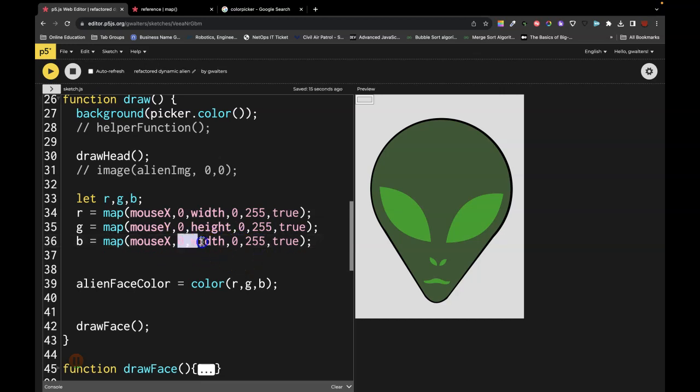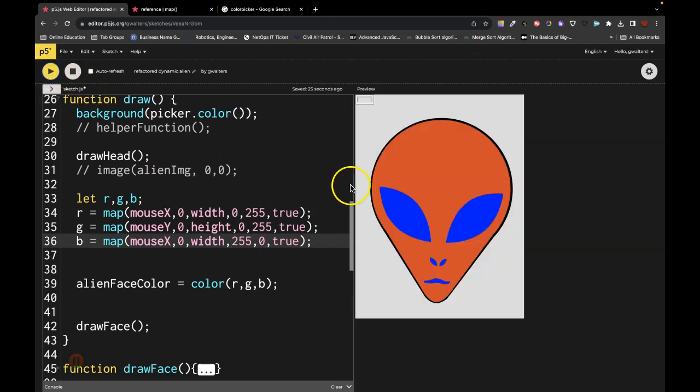Or I want to map from this, going from 0 to width to 0, and switch one of these, and then it will make it reversed. Okay, so if we do 255, 0, and I rerun this, now when I'm far over on the left,